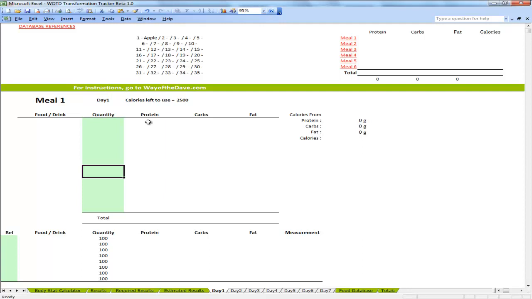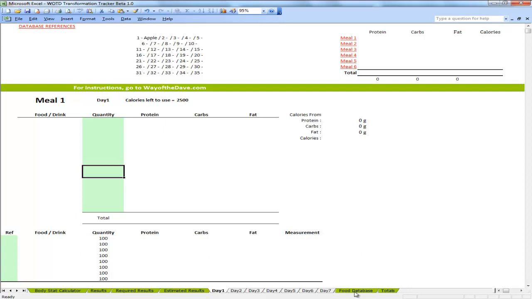Now, this one may be slightly complicated to get used to at first. It really depends on your own Excel abilities, but I'm going to try and take you through everything and make sure this is as detailed as possible. So, first things first,